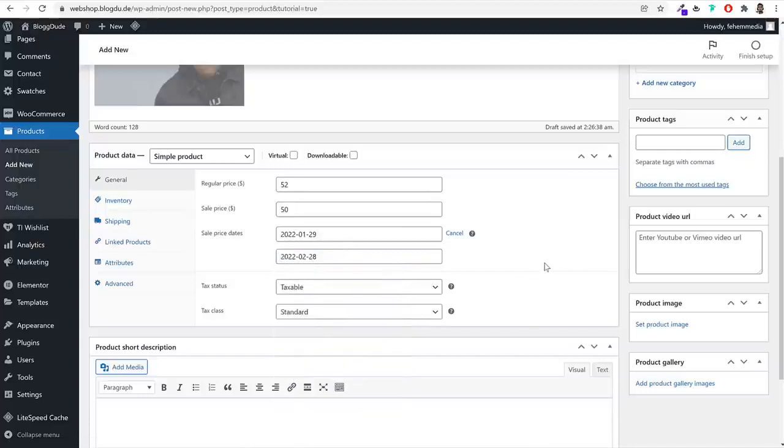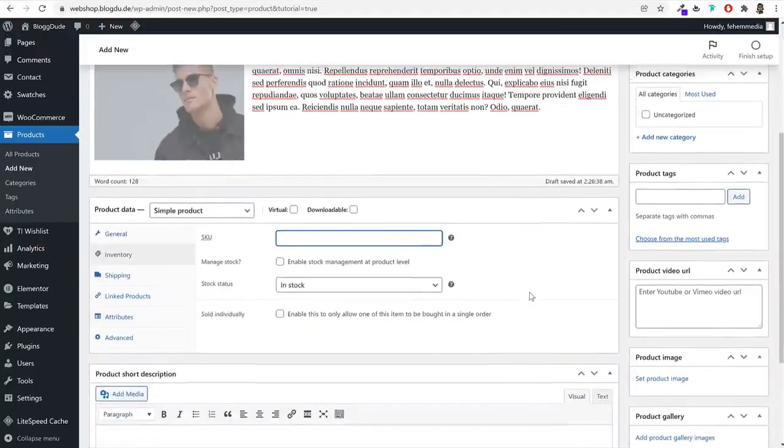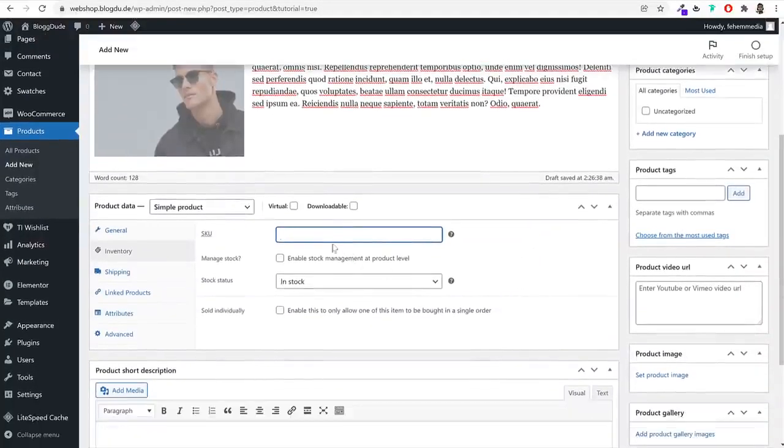Now whether this product is taxable or not. If it is taxable, then what is the tax class? So maybe 10% GST is applied, so I'll type in GST 10%. Then under inventory, you can type in some SKU, which is stock keeping unit, basically some unique code given to each product. So maybe I'll type in